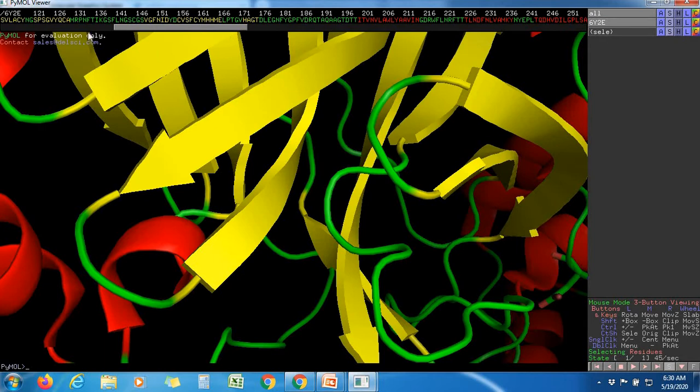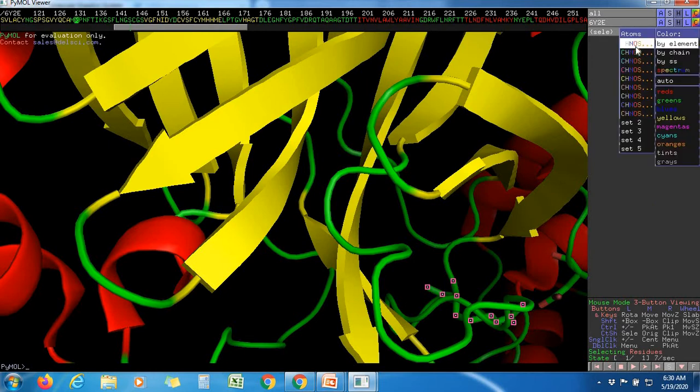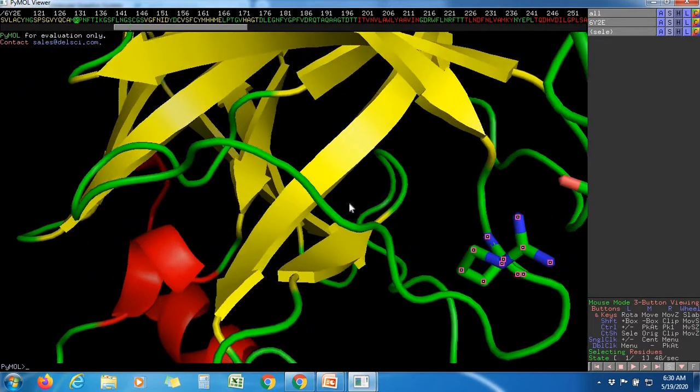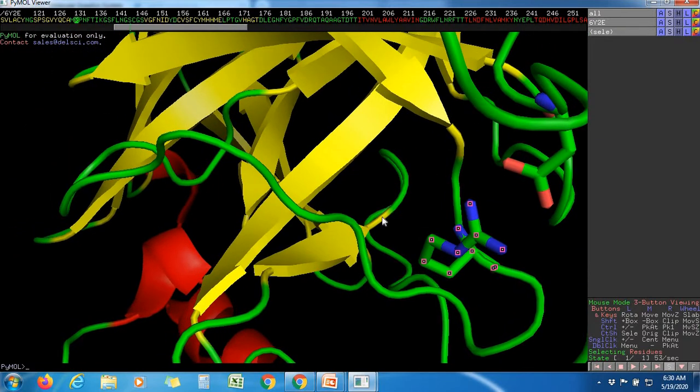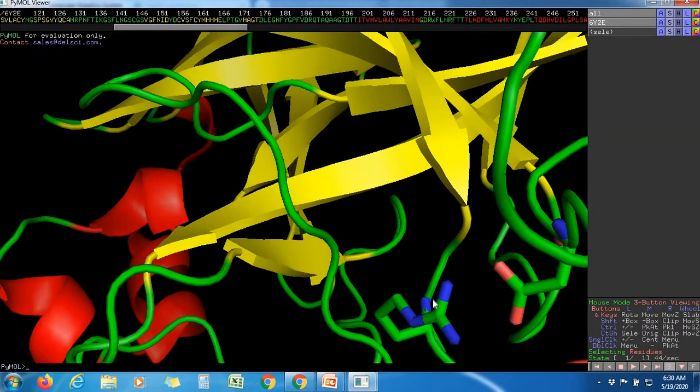So it is coming over here, arginine 131, it is showing over here. You can show as sticks and color as different carbon, hydrogen, nitrogen and oxygen. Now you have this one. Now this is the view you have.